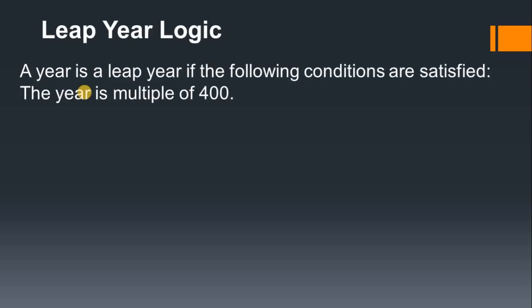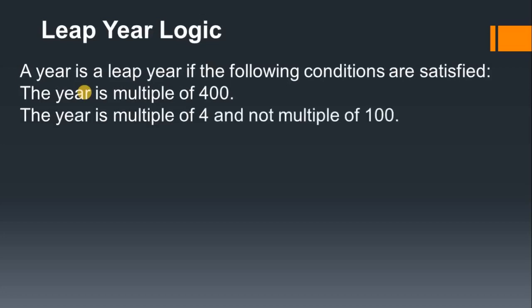If the year is a multiple of 100, means whatever the year values are there, if it is divisible by 100, it will be a leap year. The year is a multiple of 4 and not a multiple of 100, means that year must be divisible by 4 but not 100. So these are the criteria of the leap year. Now we will do the testing practically, and I hope you will understand the concept of checking leap year or not. So we will go to PyCharm now.